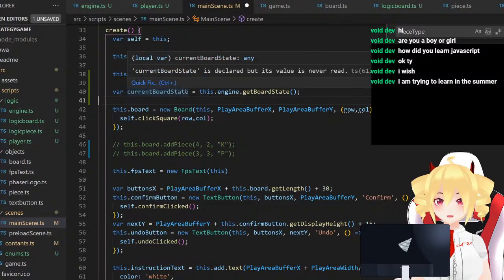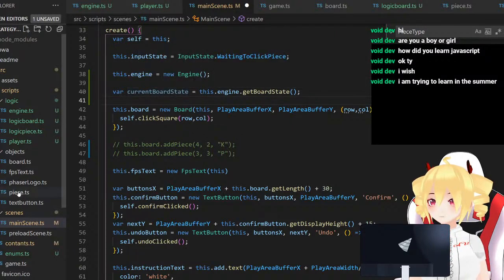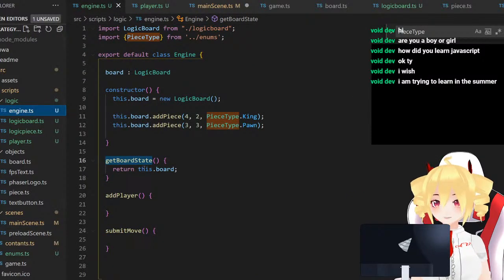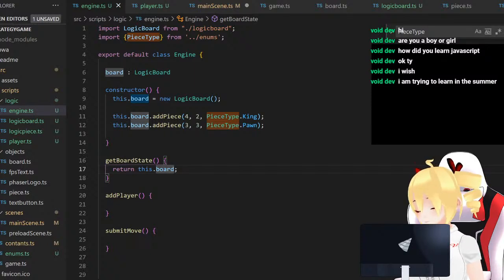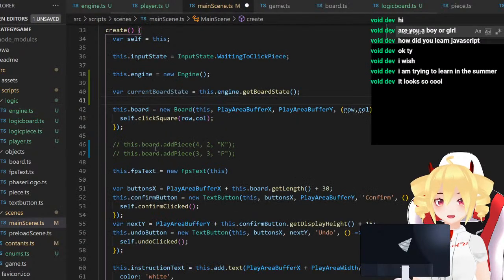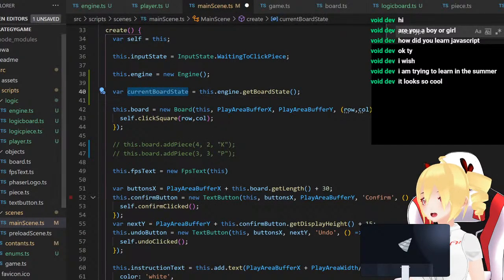Okay, so this will be the logic board. Let's go ahead and make that. Let's see. Let me look up how to do TypeScript return definitions. Let's see. Let's not worry about that for now. Instead,